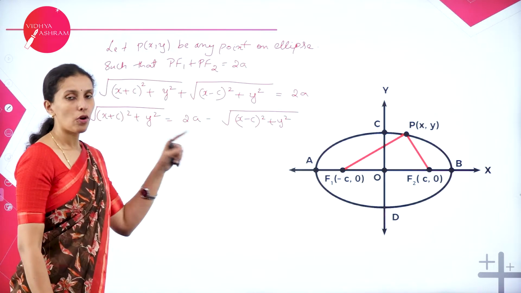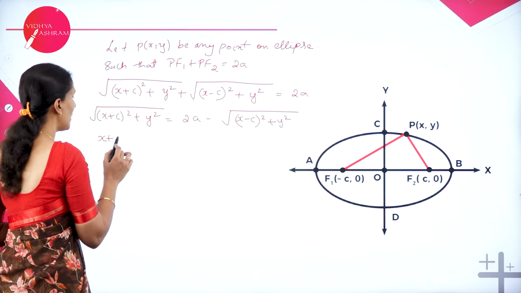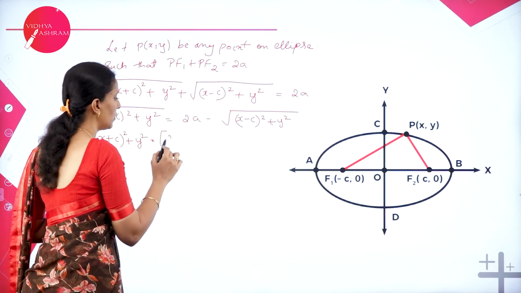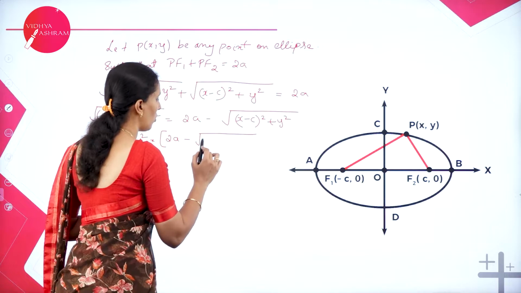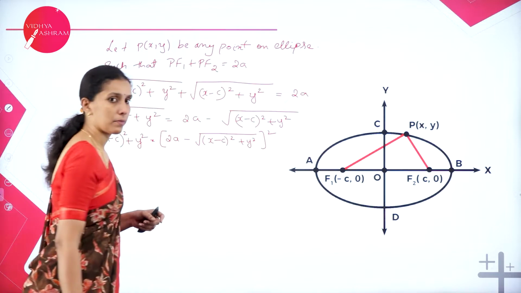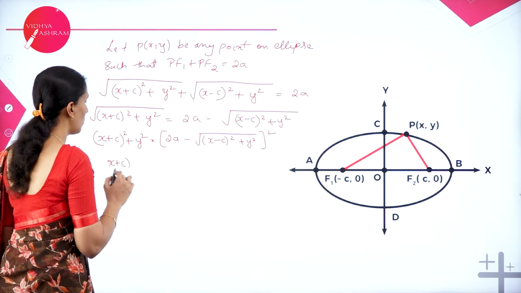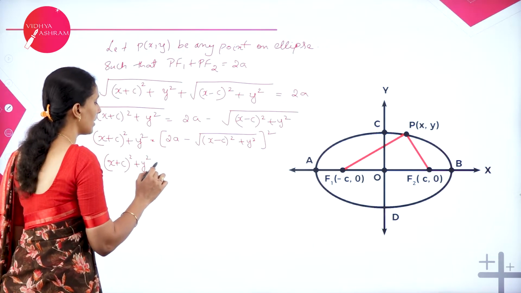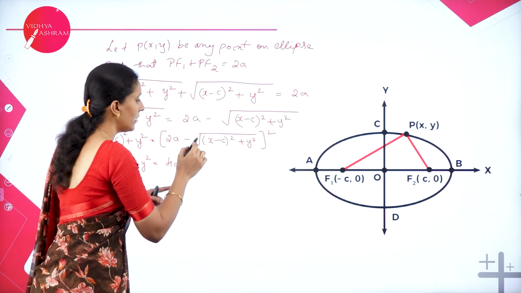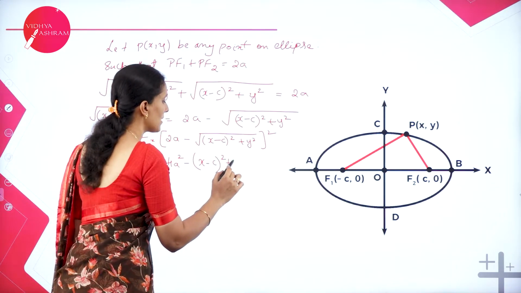Now to remove the square root on both sides, let us square it on both sides. So squaring both sides we get (x plus c) whole square plus y square, and here it becomes 2a minus square root of (x minus c) whole square plus y square, whole square. Now let us see what we will get here. (x plus c) whole square as it is plus y square is equal to, when you square this, you will get 4a square, plus, without the square root, (x minus c) whole square plus y square